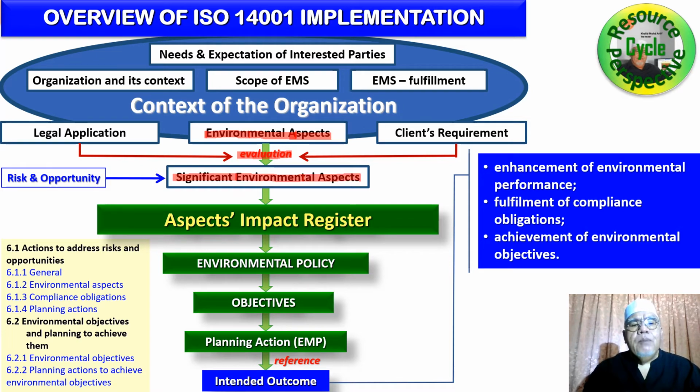And at the same time, since we are doing the input-output analysis, it's an opportunity for us to identify the associated risks and opportunities in managing these aspects from their respective sources or processes or unit processes. Therefore, once this is done,